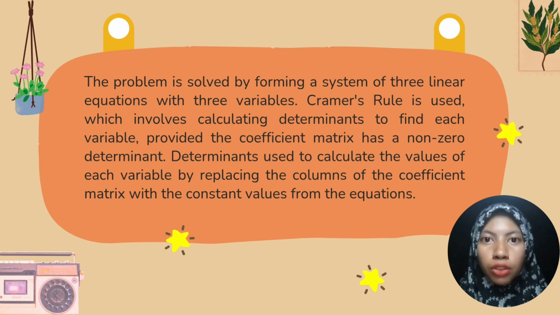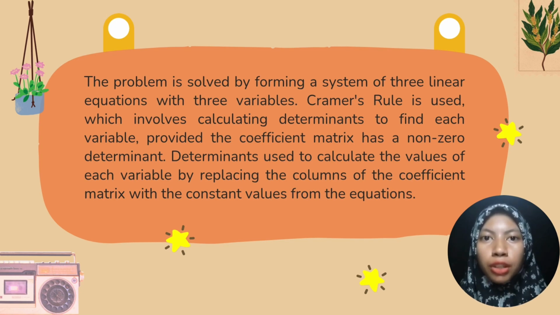The problem is solved by forming a system of linear equations with 3 variables. Cramer's rule is used, which involves calculating determinants to find each variable, provided the coefficient matrix has a non-zero determinant. Determinants are used to calculate the value of each variable by replacing the columns of the coefficient matrix with the constant